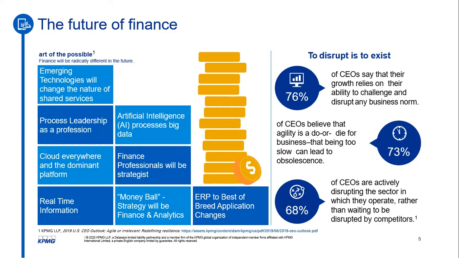So, and back to the best of breed applications, there's a lot of dynamics. The systems today and the ERPs that companies are looking to implement, they're on-prem. You've got them on-prem. You've got cloud applications. You've got this mixture of both. How do I manage that? And so it's taking a different layer of security and risk management to cover that, right? And so from a security and controls perspective,